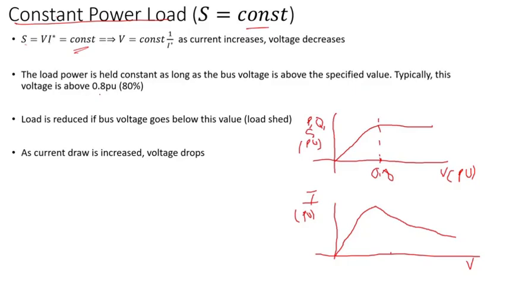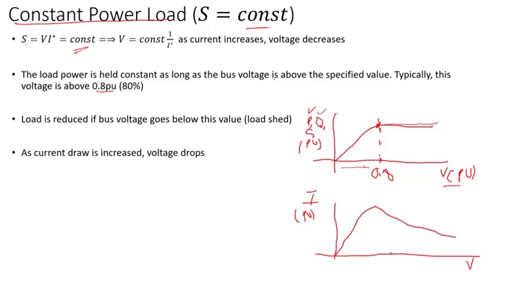Typically, if the voltage is above 0.8 per unit, or 80% of the rated voltage, the constant power will work. So the program will have a setting in this case. If you plot power, basically either P, Q, or S, with respect to voltage, as voltage increases, power is going to start increasing. It's not going to become constant until you reach a certain voltage. Then it will be constant because, practically speaking, when voltage is below 90%, 0.9 or 0.88, it's not going